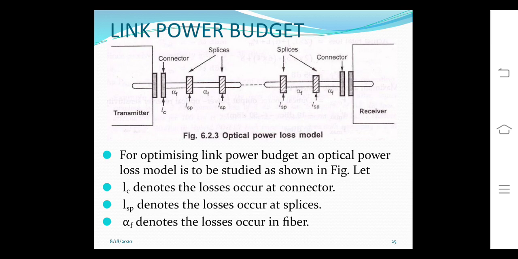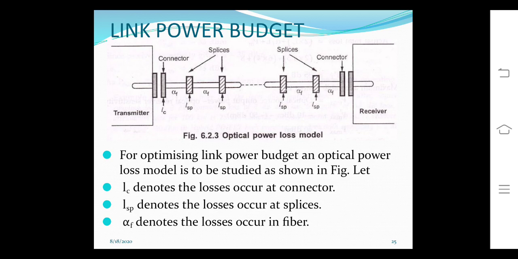When this loss of signal is detected, to repair it they cut the fiber at that point and connect it again, that is, they do splicing and connecting. Once they do this, the breakage in the fiber and the leakage of the optical signal will be rectified. So sometimes this has to be done, and there will be connectors and splices in between along the distance of the fiber.